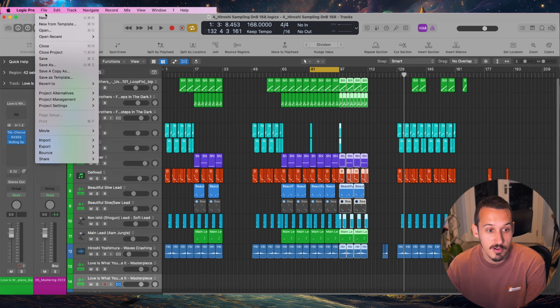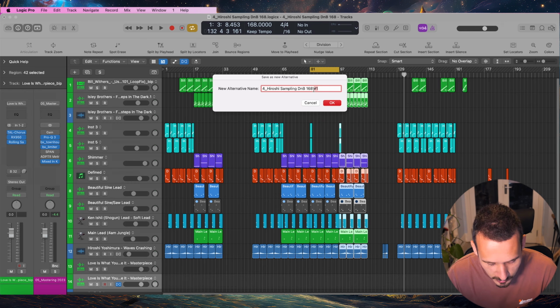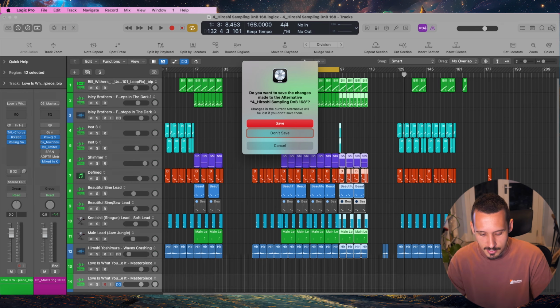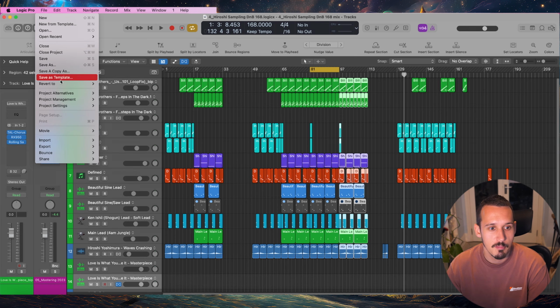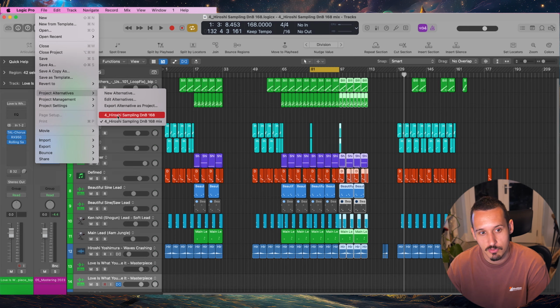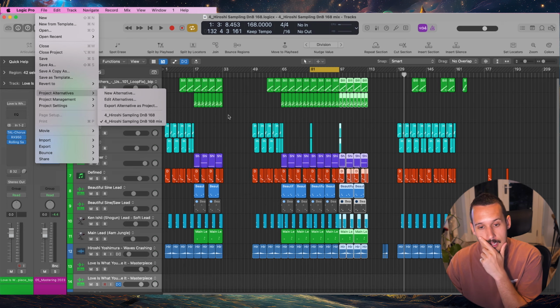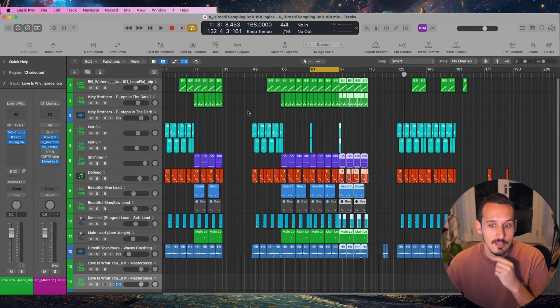It's very creatively freeing actually to go project alternatives, new alternative, and then maybe I'll just call this mix. And then I just save over. And you can then, if you ever need to jump back, you can just jump back to a previous alternative. So that is basically all of my Logic tips, and I've rattled through a whole bunch there,